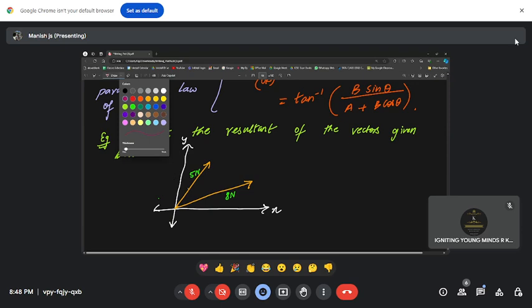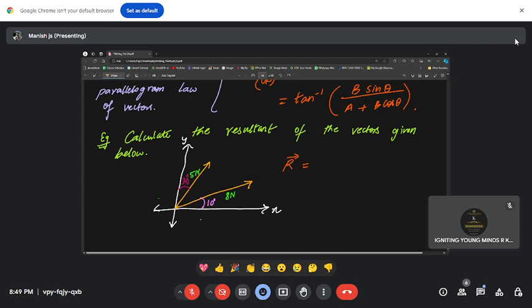Now the angles have been given. Carefully you see the angle of 5 newtons along with the y-axis is given as say 30 degrees. And here also, the angle made with the 8 newton force, with say the x-axis, this angle has been given, children, as 10 degrees. Now the question is, you will have to calculate the resultant of these two vectors. So vector r has to be evaluated.